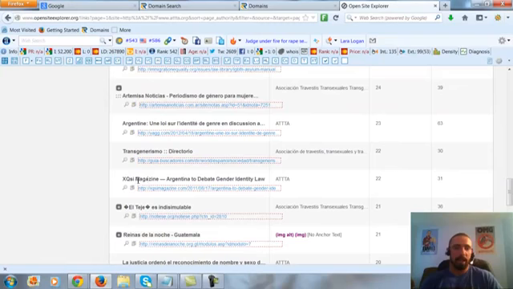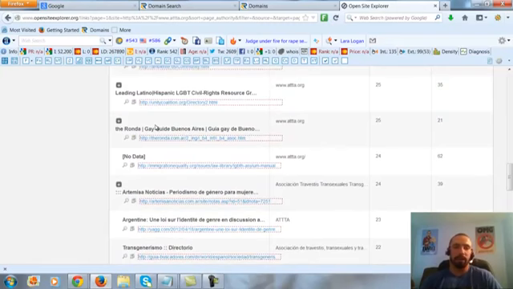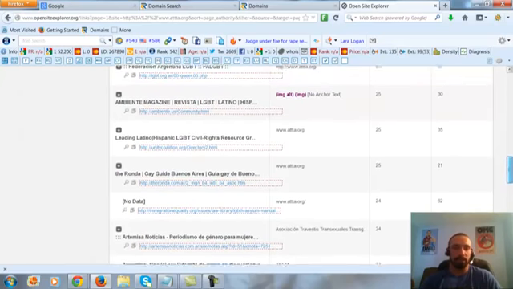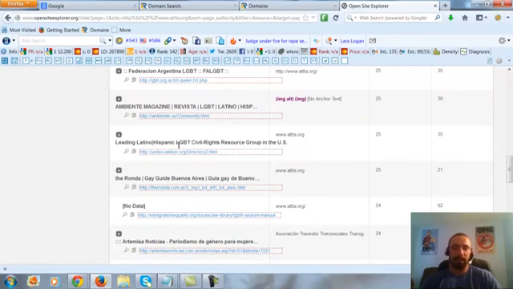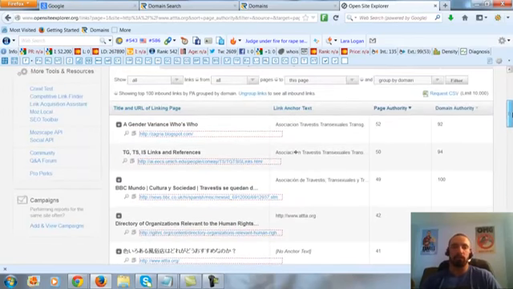See, like here's from a magazine about a debate on gender identity laws, and it links to this site, which used to be about transsexuals and stuff like that, so it matches up, okay? So that's the type of stuff I look at to kind of match sites up. All right, here's something from a site about being gay, Buenos Aires, and it links to this site, which used to be about transvestites, something about that. So there's some definitely natural links in here. Hispanic, lesbian, gay, bisexual, transgender, civil rights, and it goes to this site which is about transgender. So this matches up.